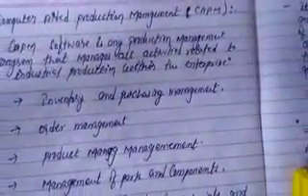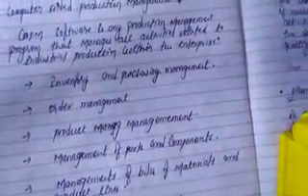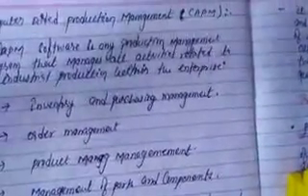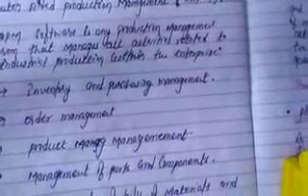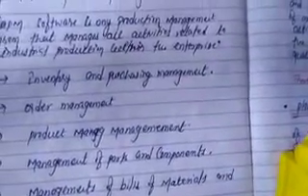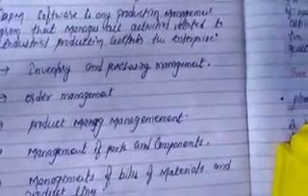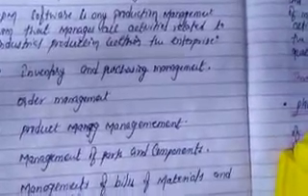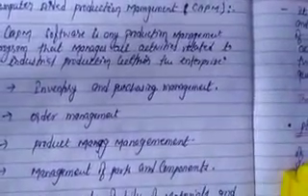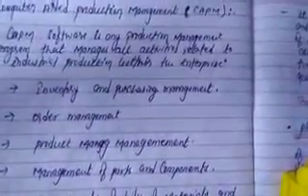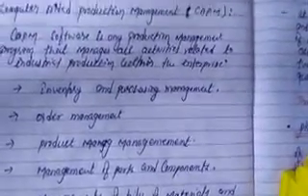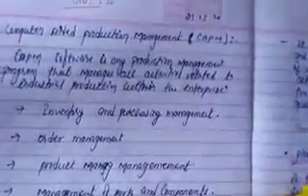Second, order management. Suppose we produce any type of product, and after final packing and final inspection it is already manufactured, but now how to sell it in the market. So order management decides that point. With order management, we can sell the product easily in the market.